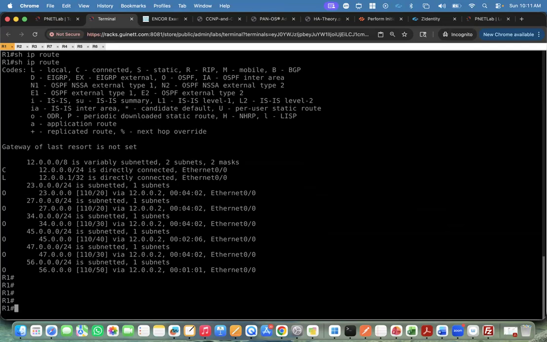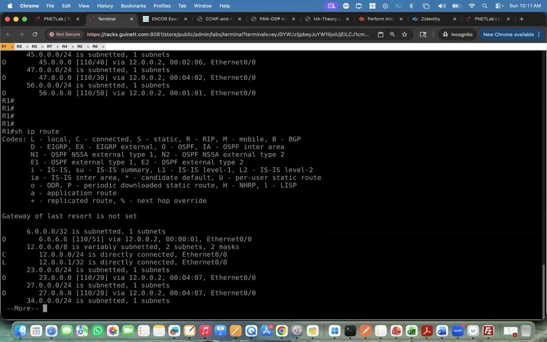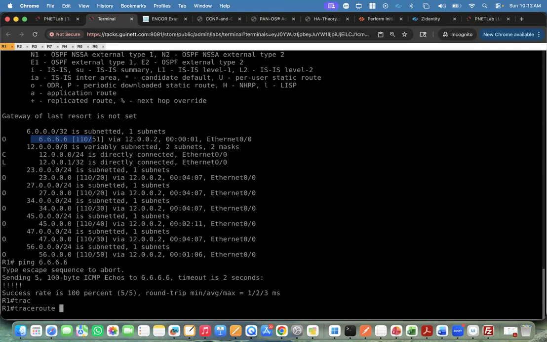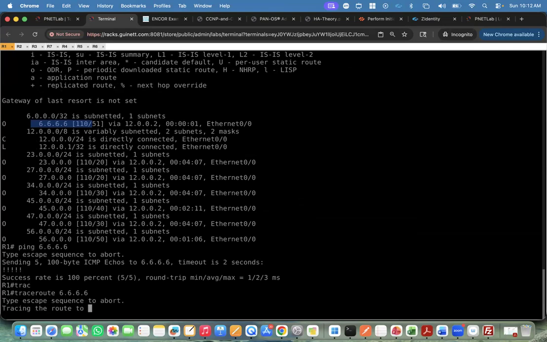Still not have the route. Let's wait for a while. It is going to be there. Yeah, you are able to see this OSPF route. And if you ping this one, it is going to ping as well. If you trace that, it is going to trace as well. So we have just made the reachability and we'll see this trace going through from my